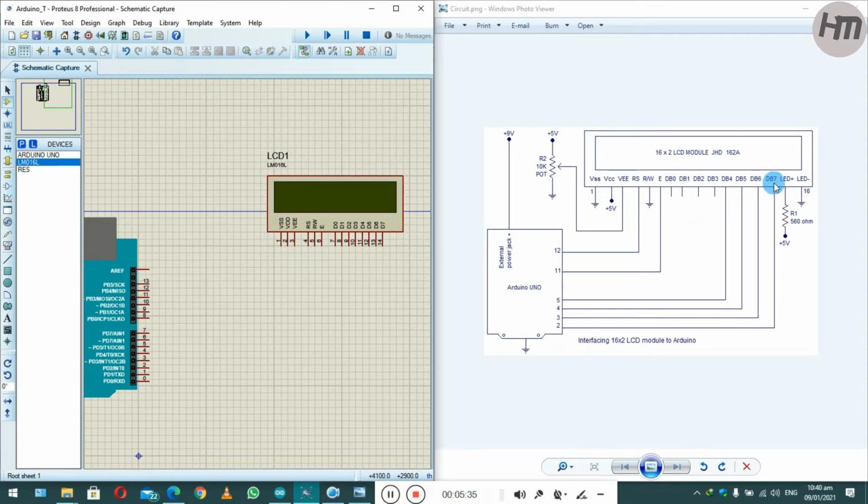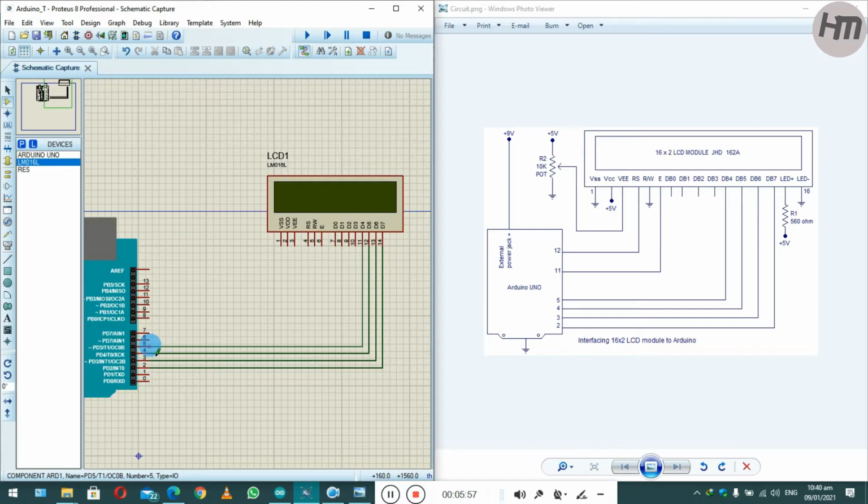As you can see, DB7 is connected with pin number 2. So pin number 2 is connected with D7, then D6 with 3, D5 with 4, and pin number 5 of Arduino with D4.